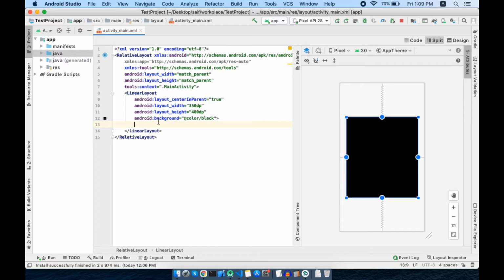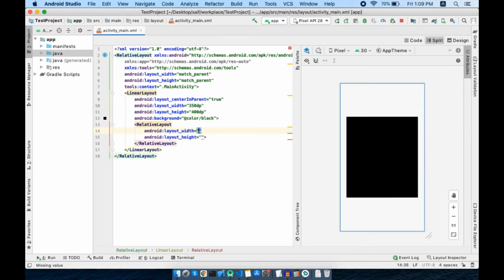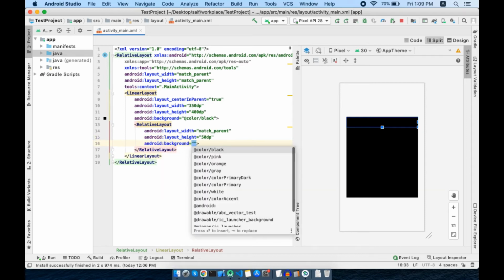I will use RelativeLayout for that. Set width to match parent. Height I will prefer to use 50 dp. Set background to white color.